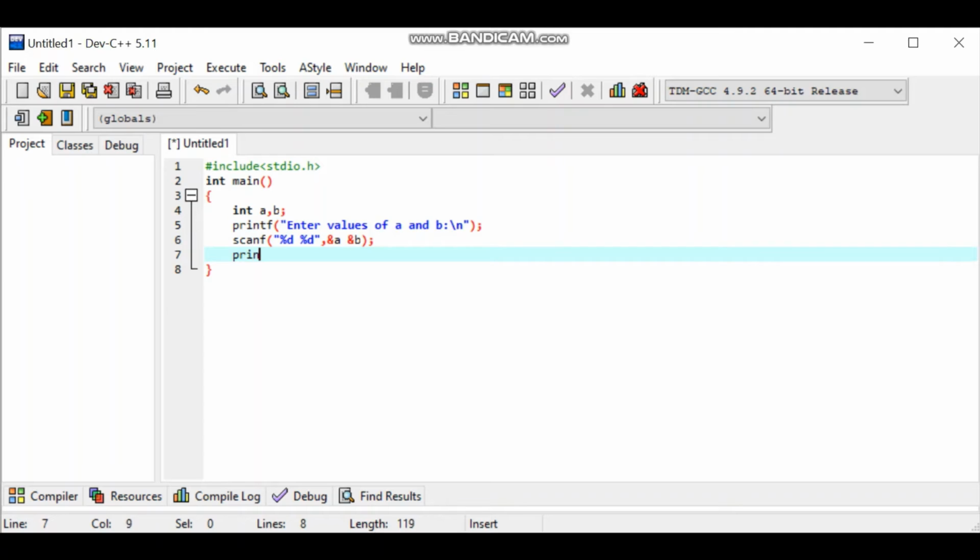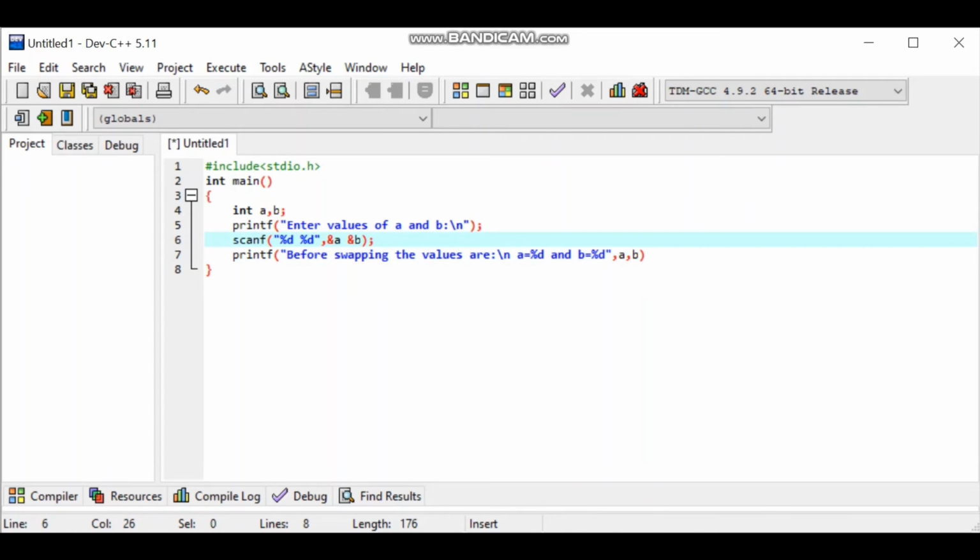So printf, "before swapping, the values are a is equal to %d and b is equal to %d", comma a comma b.